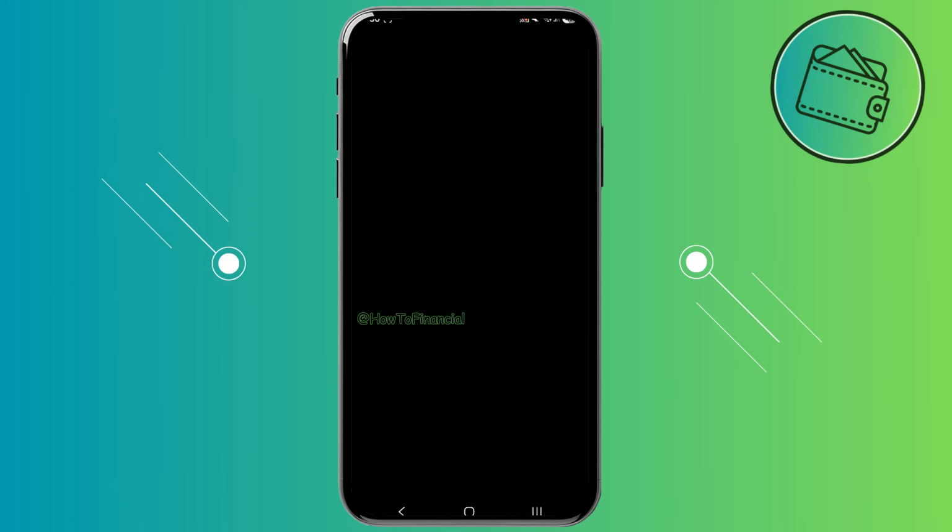Now this usually takes about 24 hours for them to respond, and essentially guys, this here you can contact the Revolut support